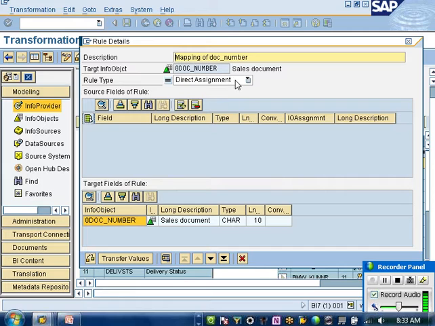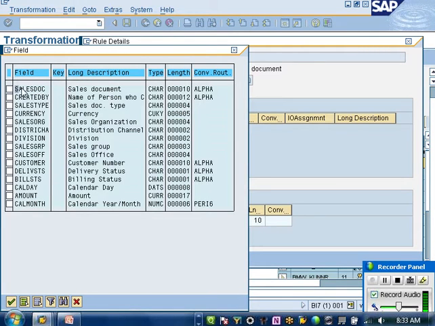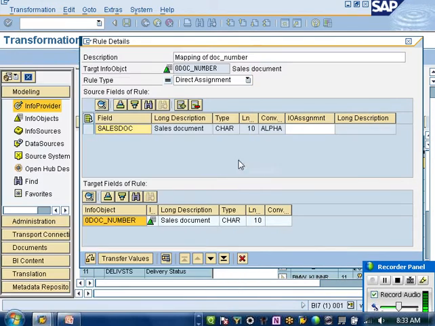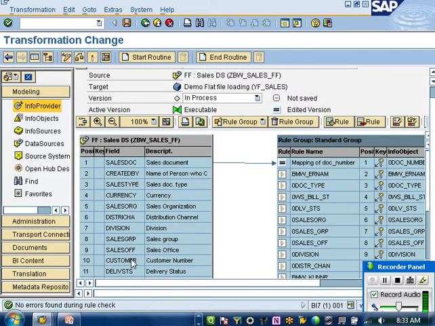For direct assignment, what is the source field you would like to use? Add. This field is going to give me the sales order document number, which I must keep. So select the source. Now this source field starts feeding into this target because of this direct assignment. Check transfer rules. That's it.